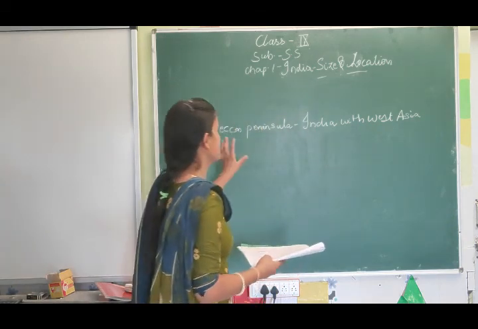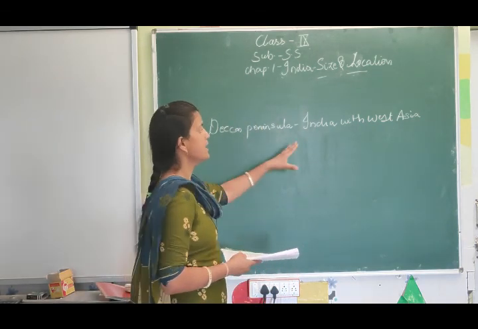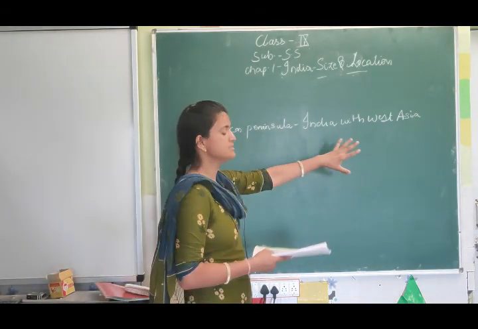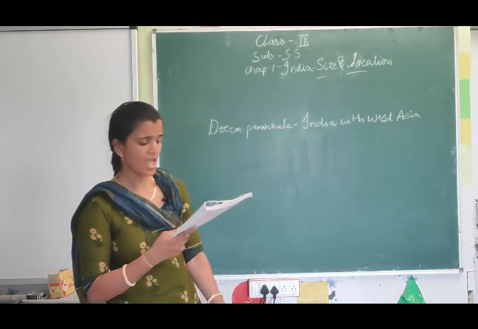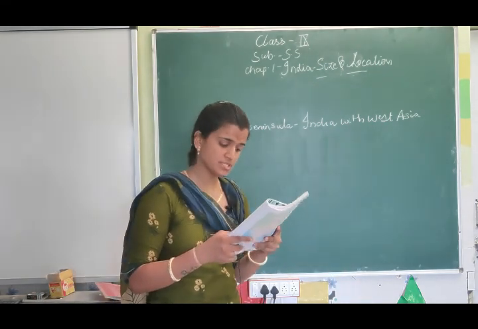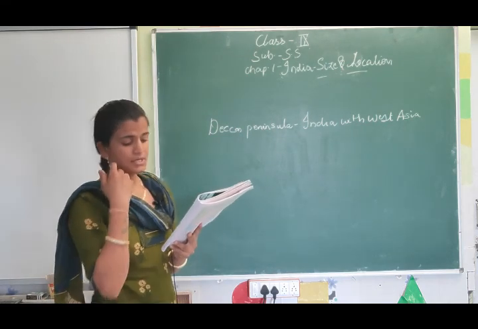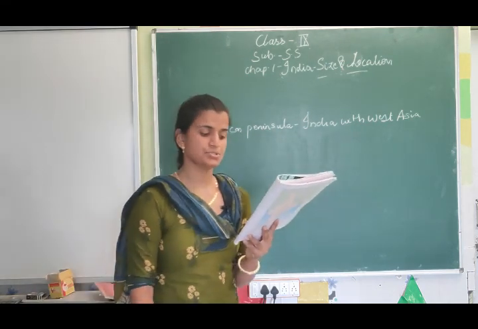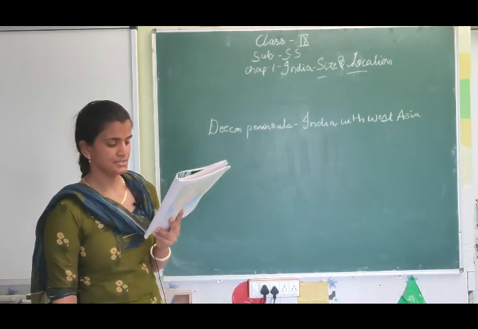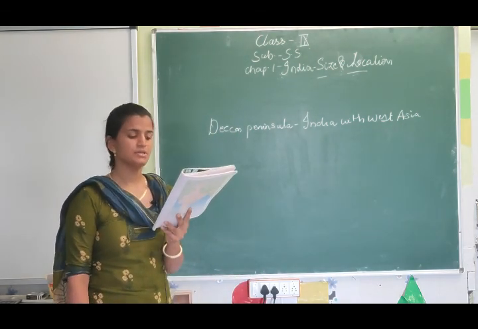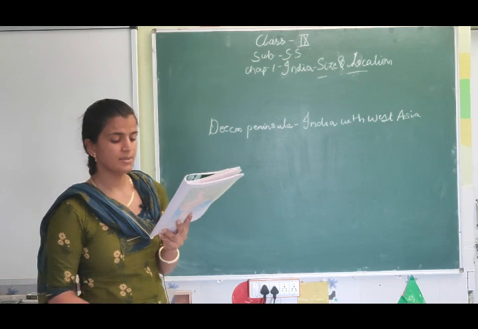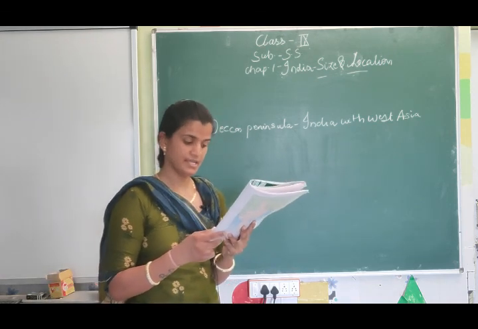The Deccan Peninsula helps India to have close contact with West Asia, Africa and Europe from the western coast, and with Southeast and East Asia from the eastern coast. No other country has a long coastline on the Indian Ocean as India does. It is India's eminent position in the Indian Ocean which justifies the naming of an ocean after it.